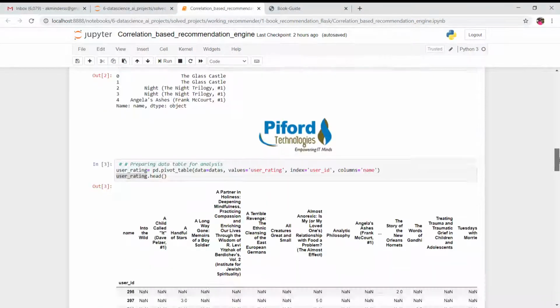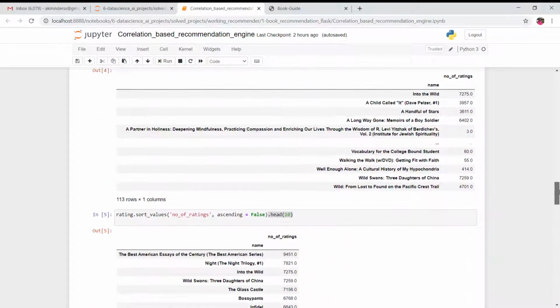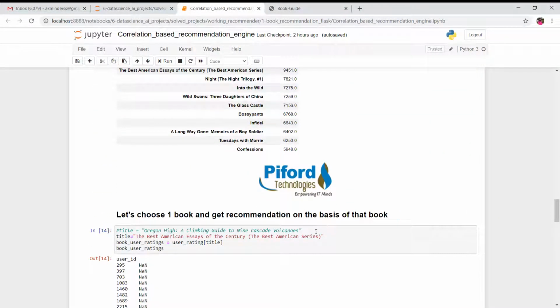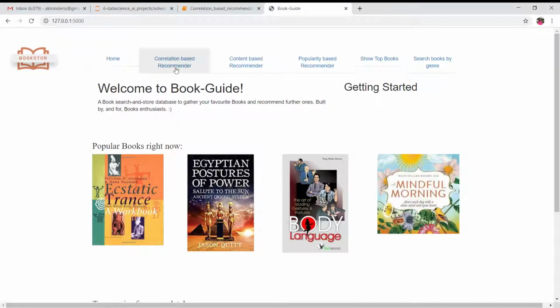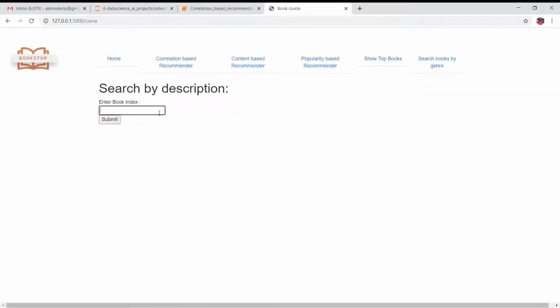So now let me copy this book. Okay, where is the title column? Okay, so this was the book. Let me copy this book from here, and I have made a Flask application, and over here you can see I have performed different recommendation methods. Today we have studied the correlation based recommender. So I have clicked on it, and let me paste that book name over here and submit.